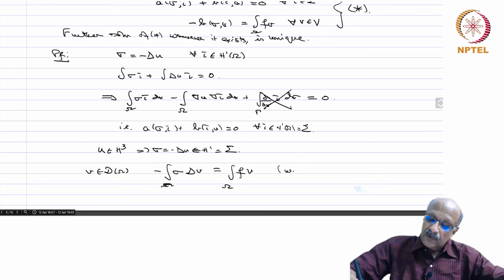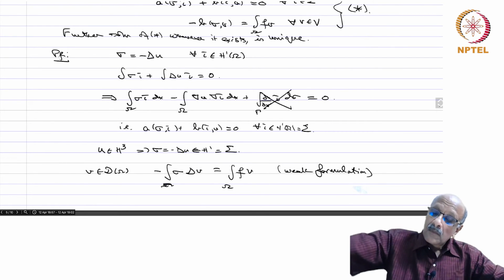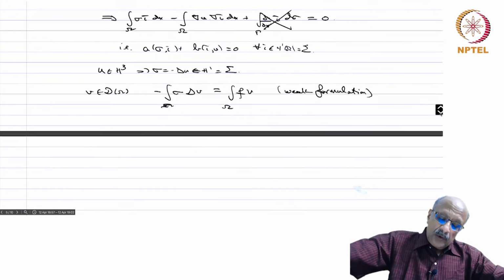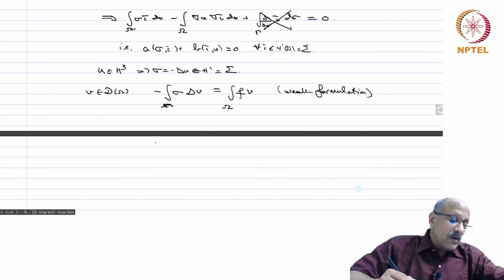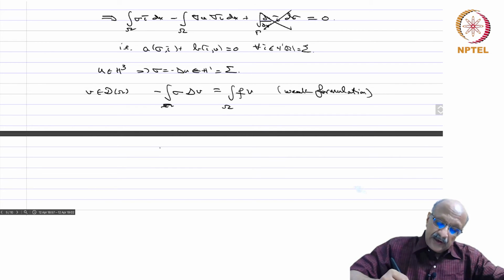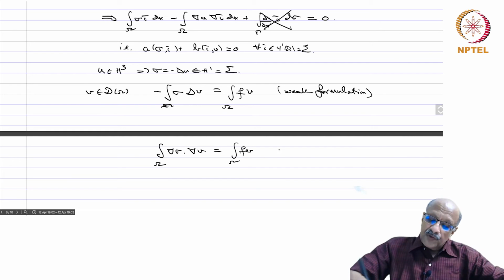So this is the weak formulation. And now once again you apply Green's theorem, you get integral grad sigma times grad v over omega, there will be no boundary term, equals fv. And this is true for all v